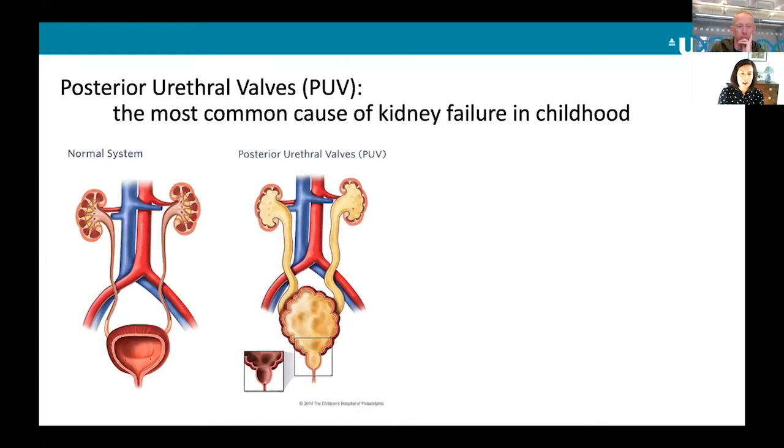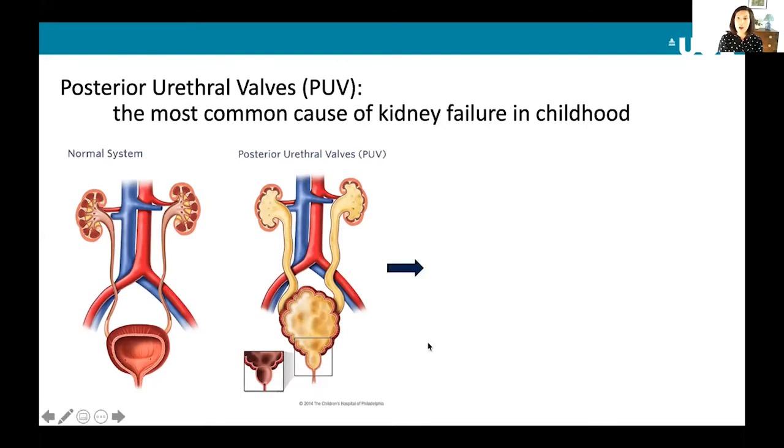Now, the valves are these obstructing membranous folds that are found down here in the posterior urethra and cause congenital bladder outflow obstruction, leading to a buildup of urine in the bladder, the ureters, and the kidneys, which can cause damage. Now, treatment involves ablation or removal of these valves in infancy, but long-term complications can arise because of associated kidney dysplasia, where the kidneys don't form properly, as well as bladder dysfunction, where those affected have to self-catheterize in